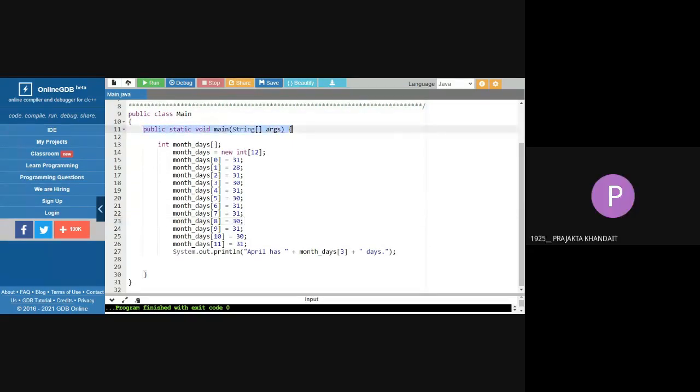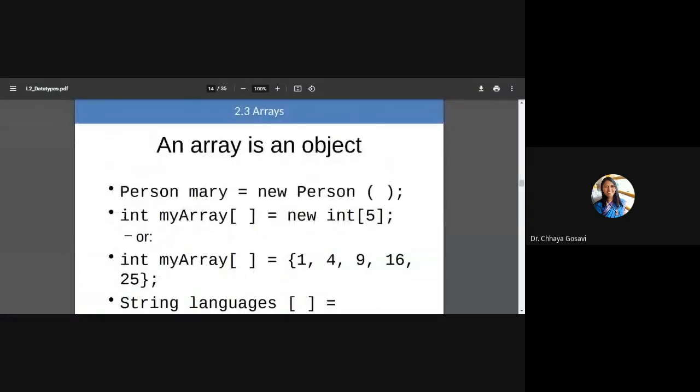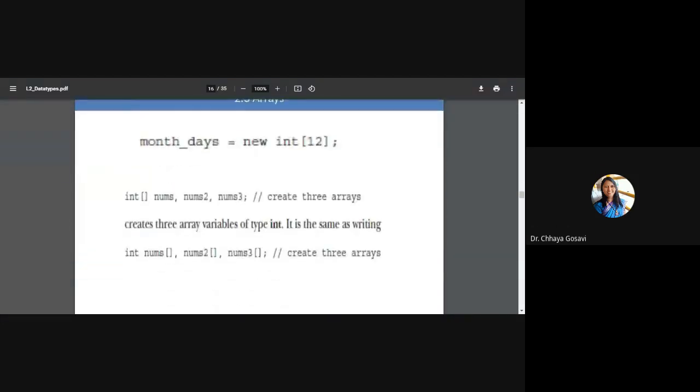Yes, ma'am. Okay, here I have created a variable, integer month_days. So you can write that line on 2 separate lines. For example, here you can create an array like this, int my_array; semicolon. Means this is your variable. And in the second line, you can define my_array is equal to new int[5]. So this is also one way you can create an array.